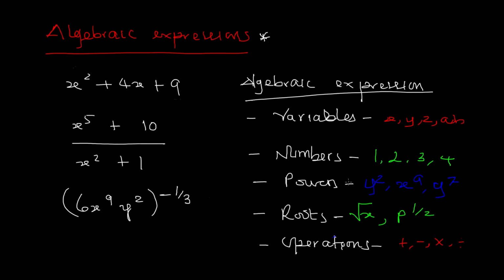We looked at these. There could be powers. Remember, we did exponents. There could be roots. We looked at the radicals. There could be operations. If you look at real numbers, their properties, you'll see various operations that we can do with real numbers. So if you're not very clear with this, we did a number of videos that you can still look at. This is a playlist, so maybe try to start from the first video up to this video to enhance your